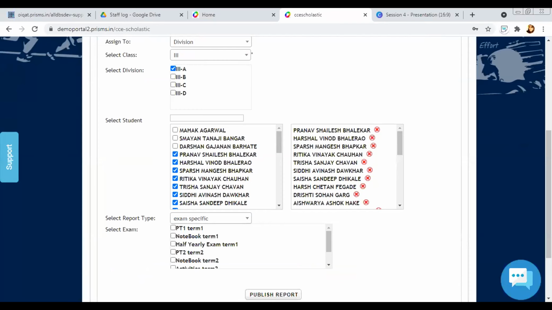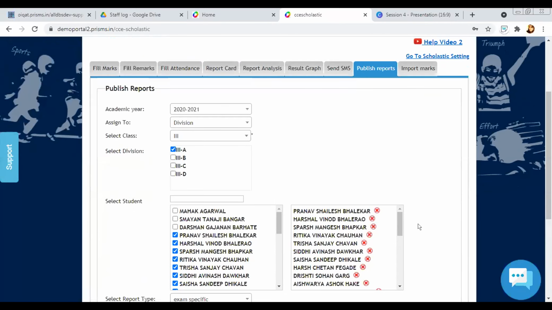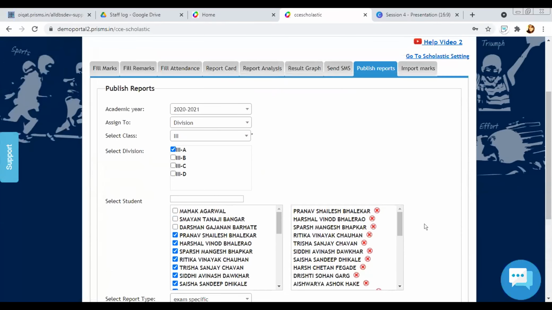Yes, but after publishing this report, how do we get the list of students which we kept unclicked? I mean, after publishing the report, how do we find out the students whom we didn't publish for? I think we are working on this log part, so you'll get a log of all these publications. Okay, no issue. I have already mailed for it. Okay, yes, thank you.